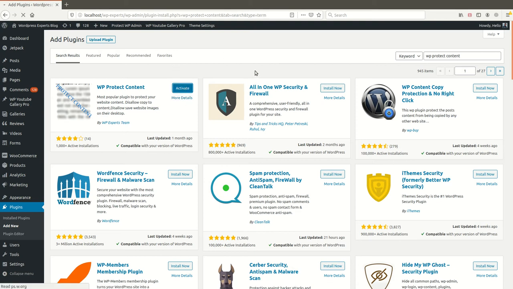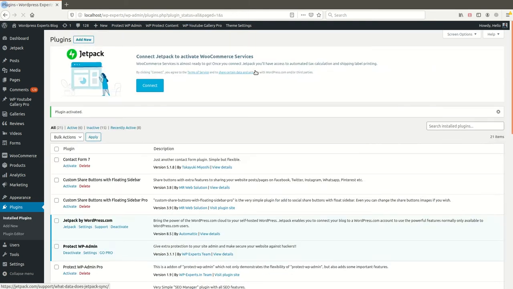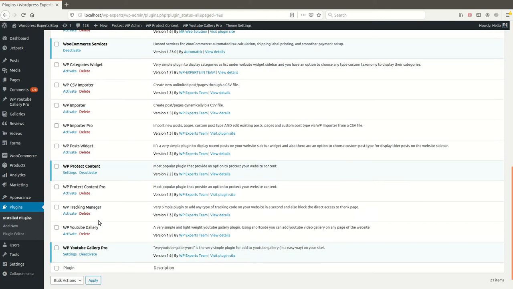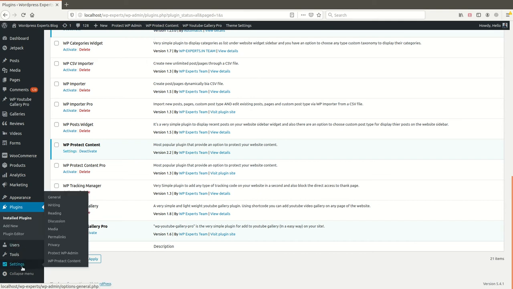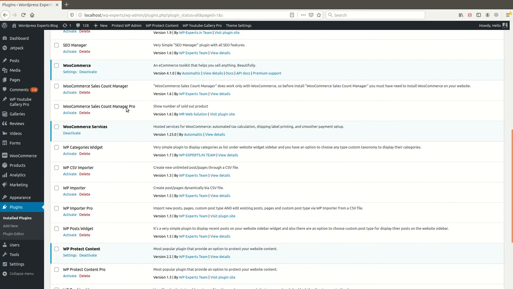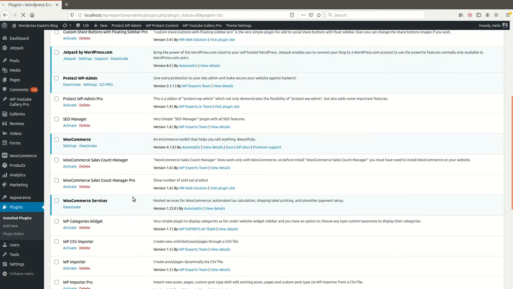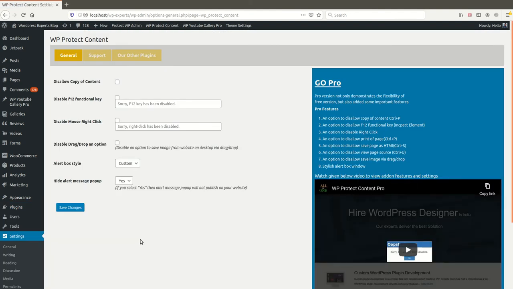The plugin is now installed. Let's activate it. Now the plugin is ready to use. There are three ways to access our plugin settings. You can access the plugin via the settings button, or we have given the option here, and you can access it under the settings section as well. So let's browse the settings of the plugin. These are the basic settings of our plugin.